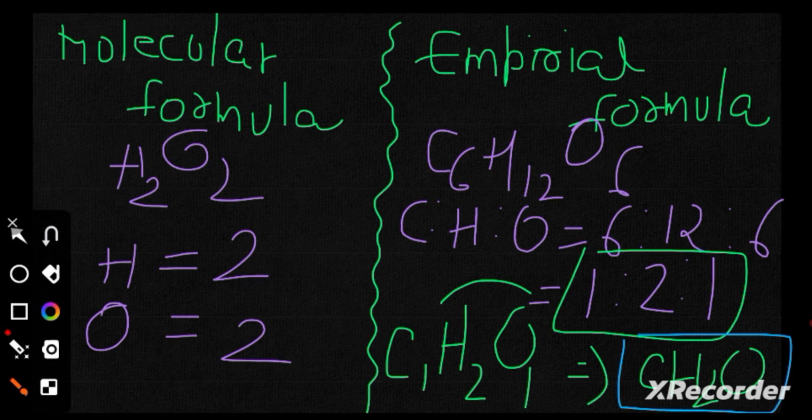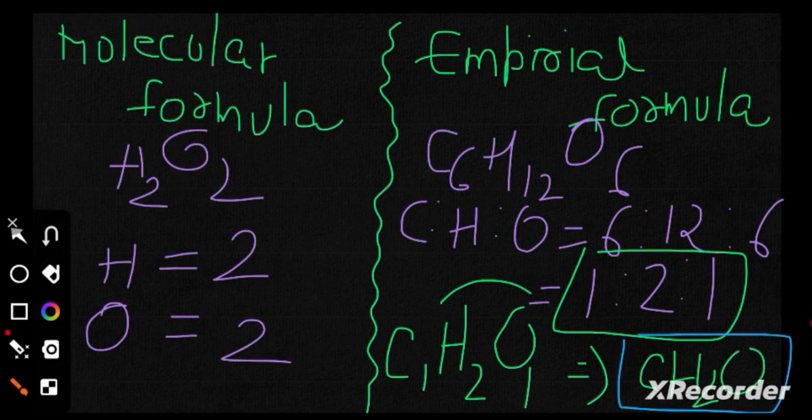Molecular formula talks about the exact number of the atoms present in that specific substance. The empirical formula talks about only the simplest ratio of the specific substance. Like we find the ratio, we then divide it, and at the last we find the simplest form of the ratios. Then we rearrange the whole formula and the final formula changes. It means that one is the empirical formula, which is according to the simple ratio made from the empirical formula